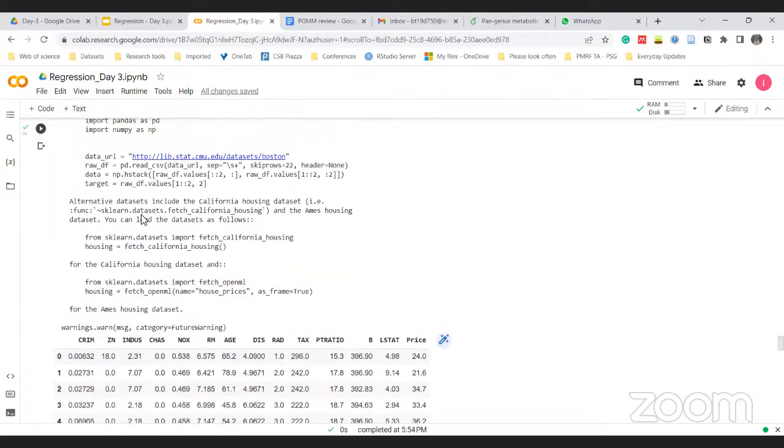Just remember these 4 steps. Whenever you get a data, first pre-process it. Pre-process till you get good data, then split your data into X and